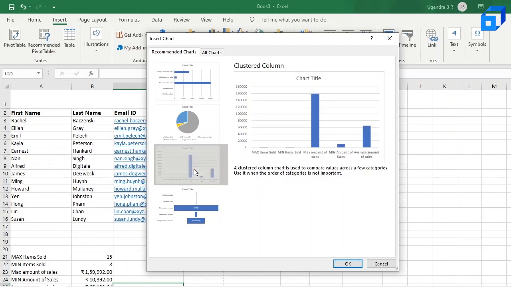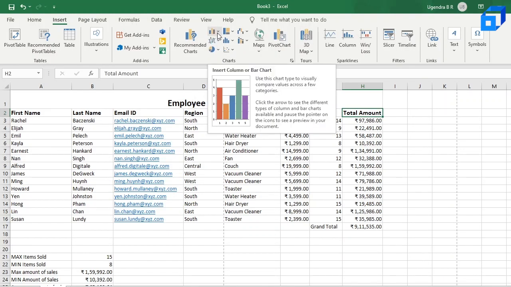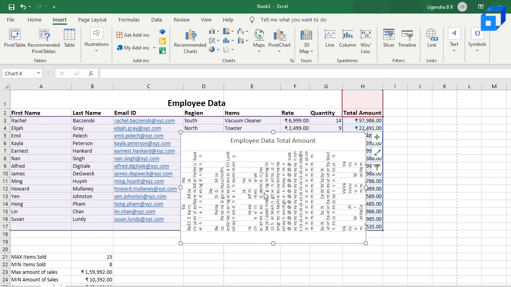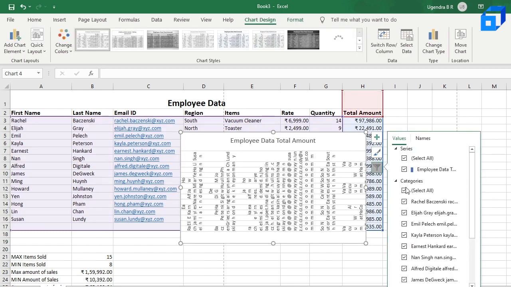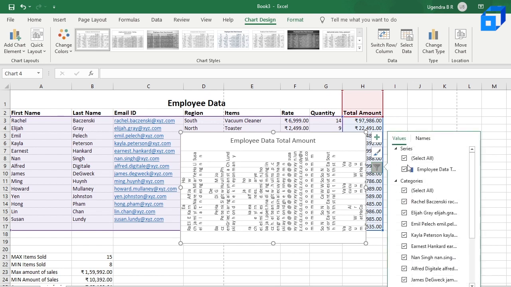Okay, this also doesn't make any sense. So let us create a 2D bar chart on our own. As you can see, the chart doesn't really look good because all the values in the dataset have been included in the chart. So we can filter out the data which we don't want using the filter option over here. That's chart filters, which looks like a filter icon. Over here, remove these categories. So that's go to names.